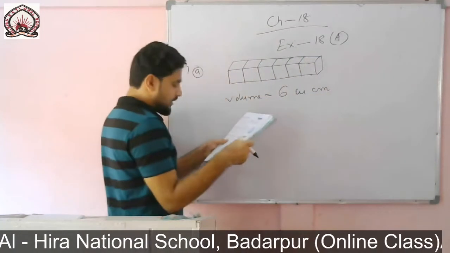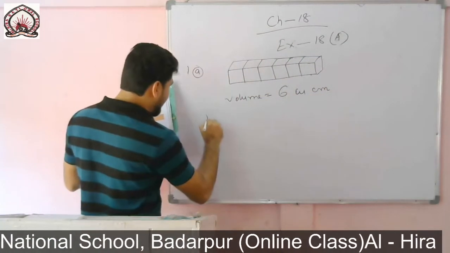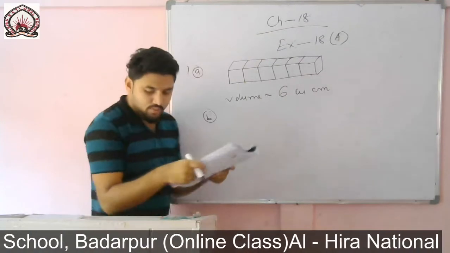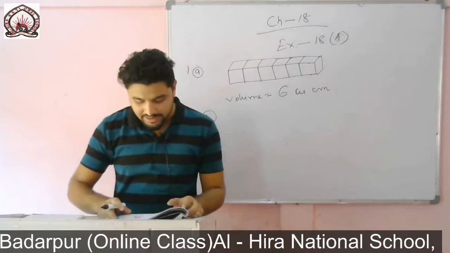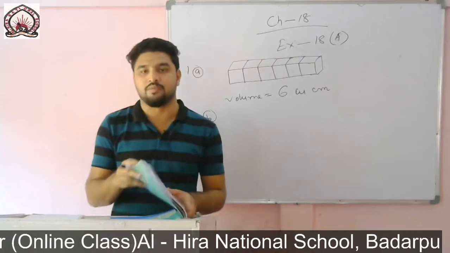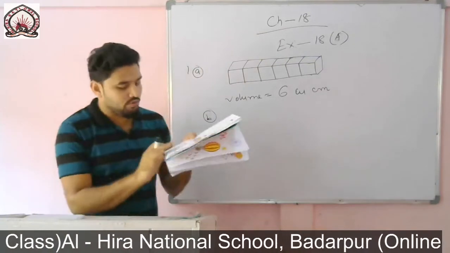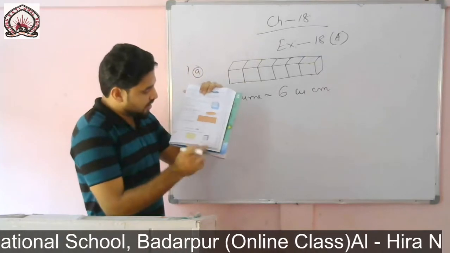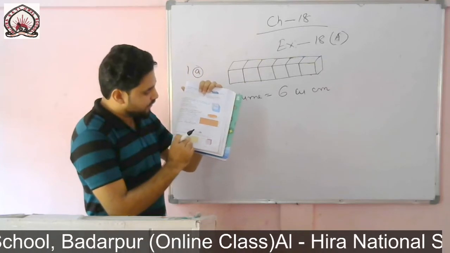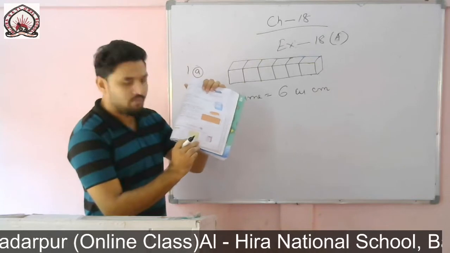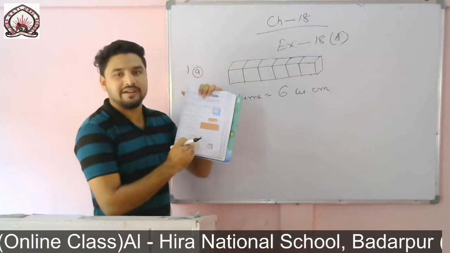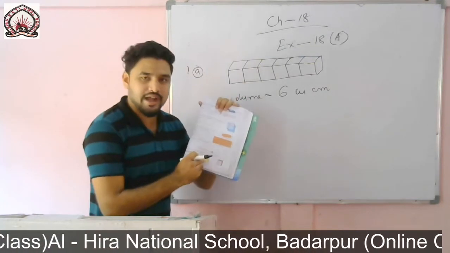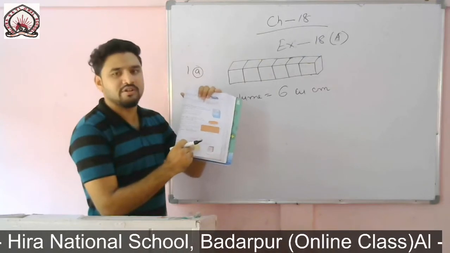You see in question number B, there are many boxes. If you count, then you will get 24 number of boxes. If you count 1 2 3 4 6 7 8 9 10, then it will take more time. So you can take the help of length, breadth and height. With this also you can find.